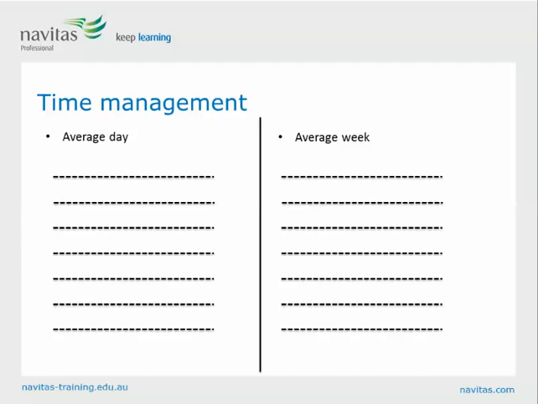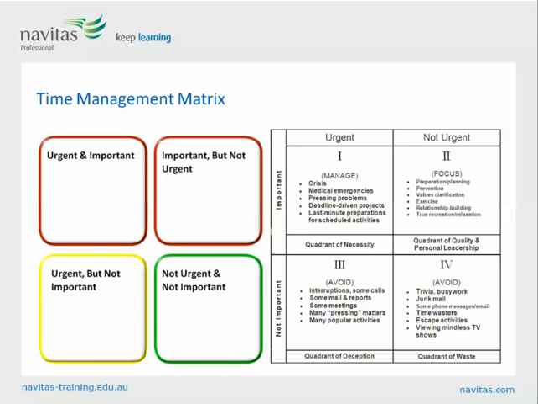And once we've got that information, we need to work out what it is that we're going to do with it. So what we've got is what's known as a time management matrix, where we've broken it down into 4 separate columns. So we've got the urgent and important section, the important but not urgent section, the urgent but not important section, and the not urgent and not important. Now, to give you a little bit more of an idea, I just want to show you a very quick video which will explain this in a little more detail.